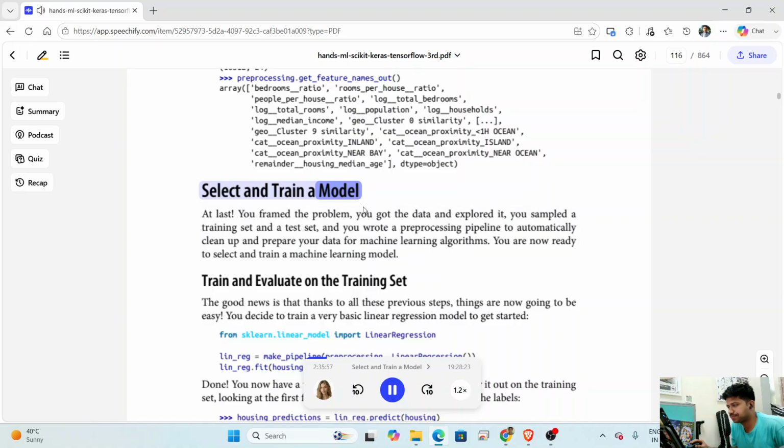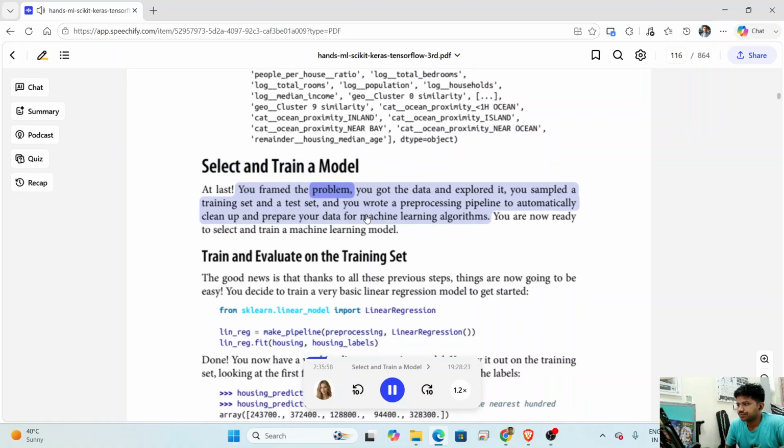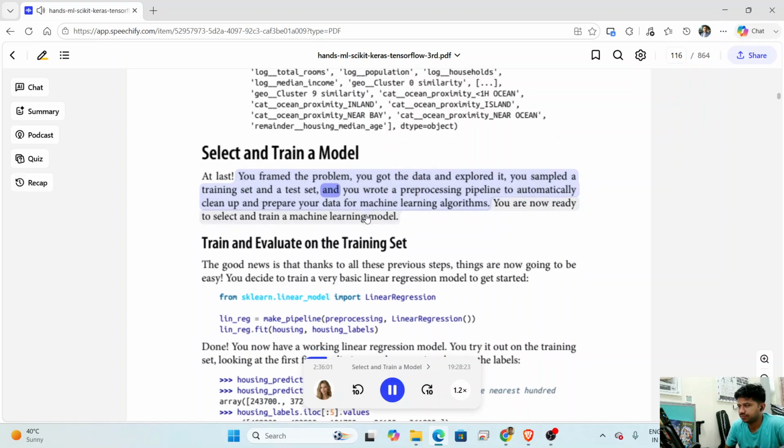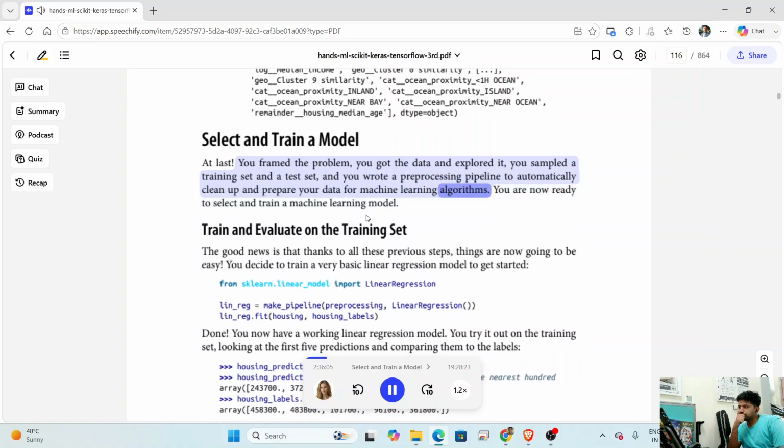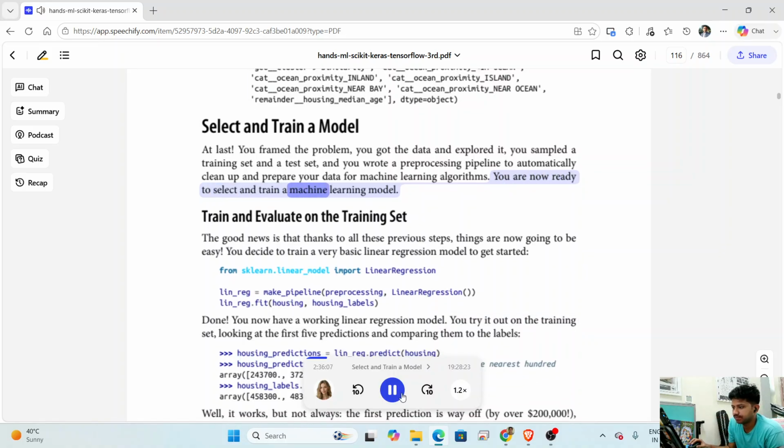Train a model. At last! You framed the problem, you got the data and explored it. You sampled a training set and a test set. And you wrote a preprocessing pipeline to automatically clean up and prepare your data for machine learning algorithms. You are now ready to select and train a machine learning model. Before starting it, what I can do,